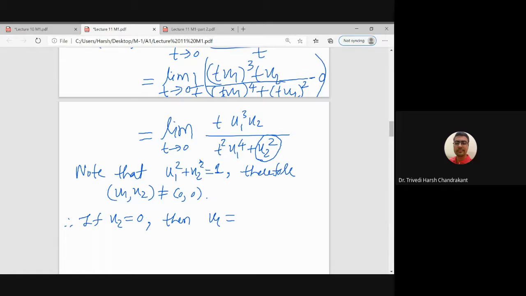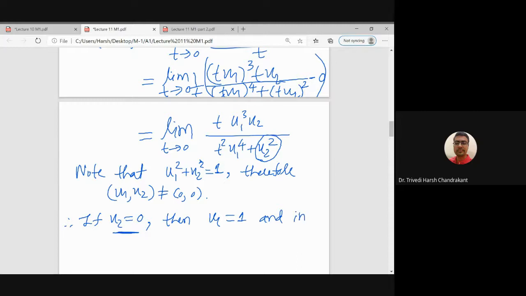So u1 u2 satisfies this equation, u1 square plus u2 square is equal to 1. So if u2 is 0, if we substitute that, we get u1 is equal to 1 there. So in the first case, when we have a vector u1 comma u2 in which u2 is 0, u1 must be 1,